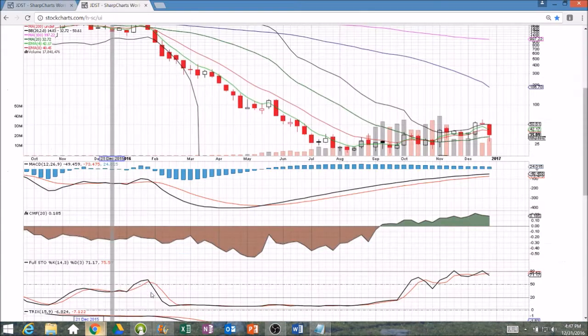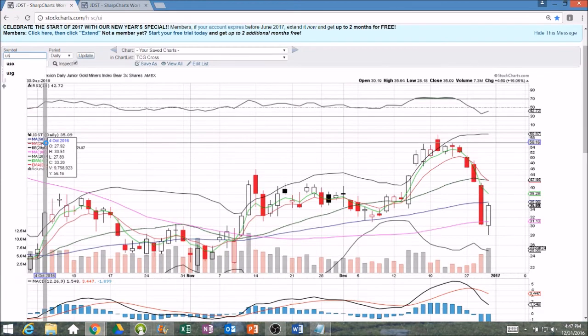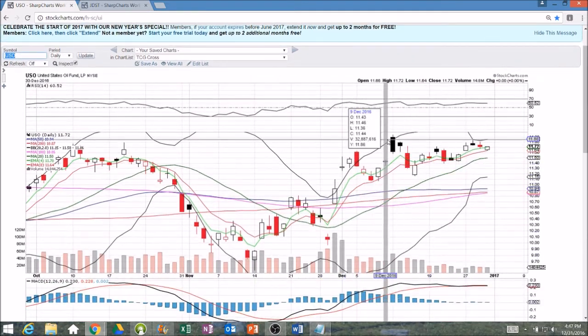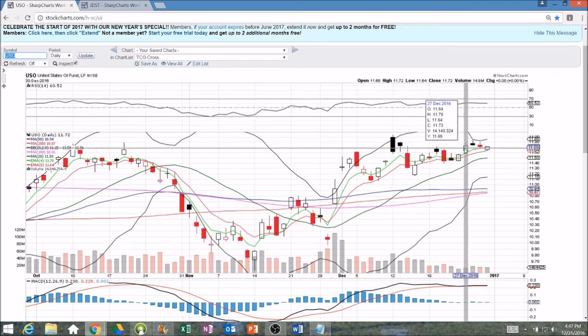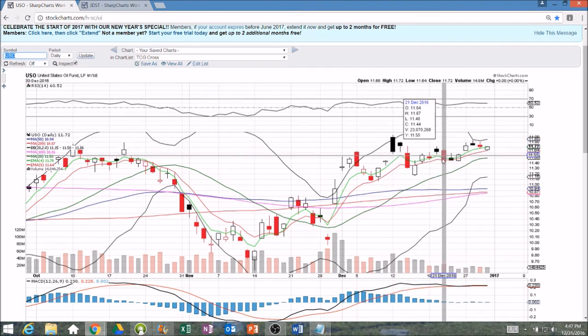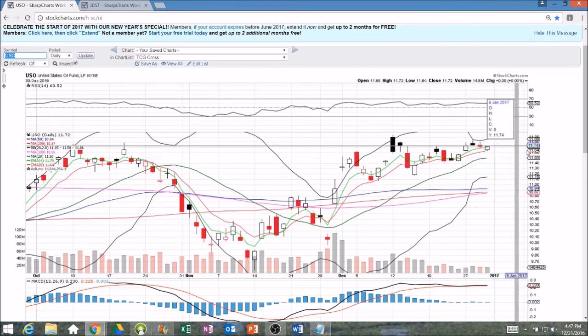So let's see where we stand here now on USO, to see how it's lining up with that oil action. Same thing with the higher lows, but same thing with that one lower high to be watching. So 11.84 and 11.94 are the resistances, but the bulls were in control on Friday, closing up near the high